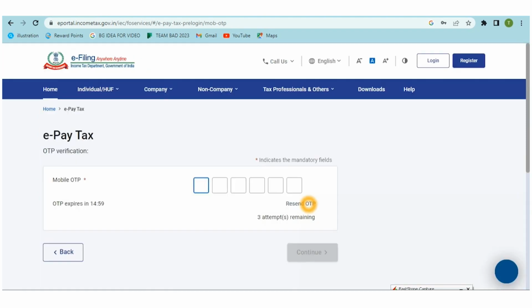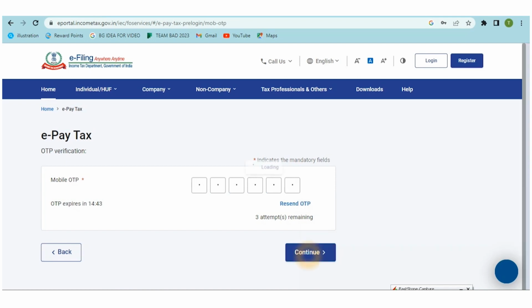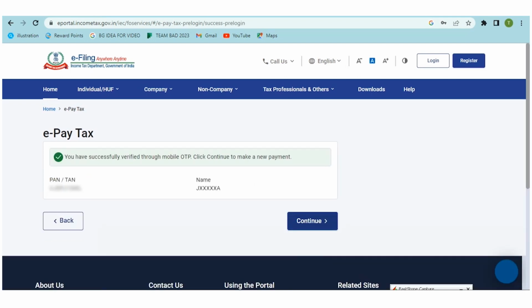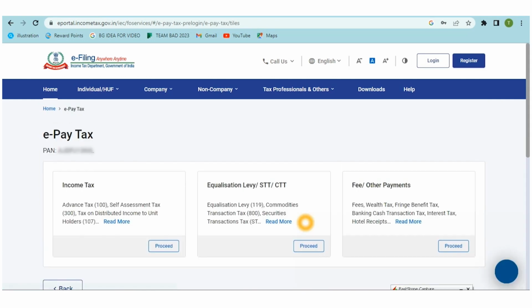After clicking on continue, enter the mobile OTP over here. The OTP validity would be around 15 minutes and 3 attempts would be provided to you for entering the OTP. After entering the OTP, click on the continue button, and then the PAN number and the name of the assessee will reflect.